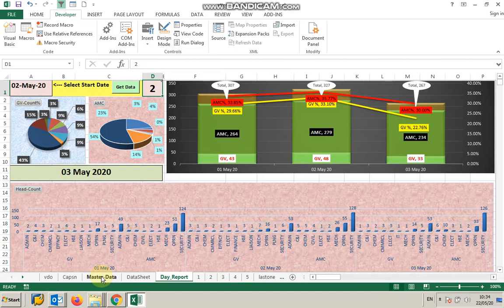So coming to the Excel, let me show you the report page also. Here you can select the date and how many days, and press this Get Data button. So your graph will be automatically generated. Today I will not be showing you how it is done, because otherwise the video will be long. In the next video I will show. So now coming to today's topic, let us come to this sheet.